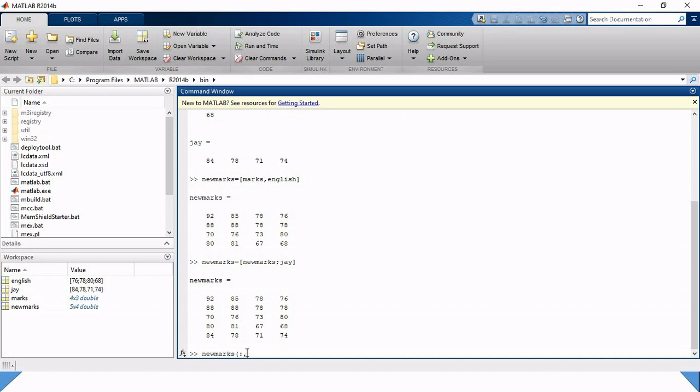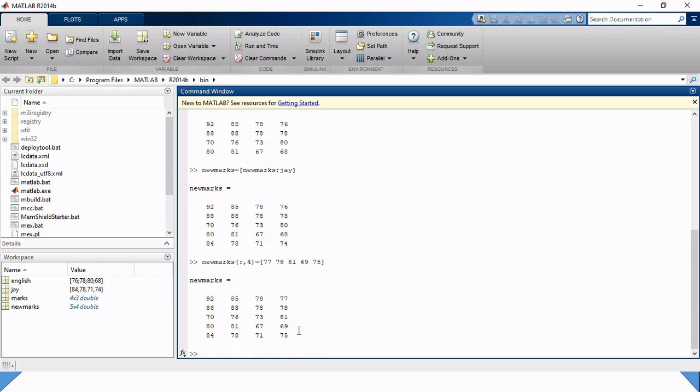Right now we are putting a colon, and the column number is the 4th column, so we put 4. Now it is going to consider this column only. So now we can change the values of the data. The value is going to increase by 1. So 76, 77, then 78, 81, 69 and 75. Okay, now let's check.